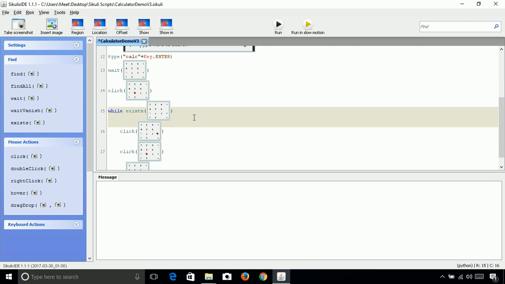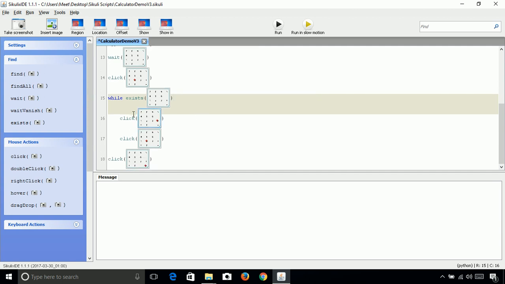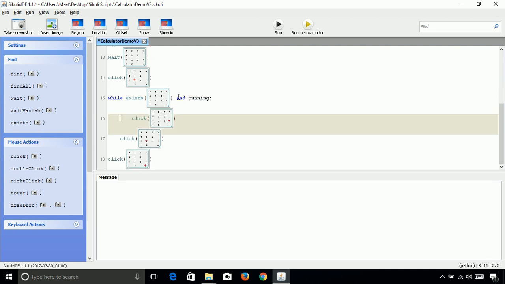While this calculator exists on the screen, we want to press on plus and then 2, and we also have to add the condition that is running. So it will be like, when the calculator appears on the screen and the running is true, until then it will run these two statements.